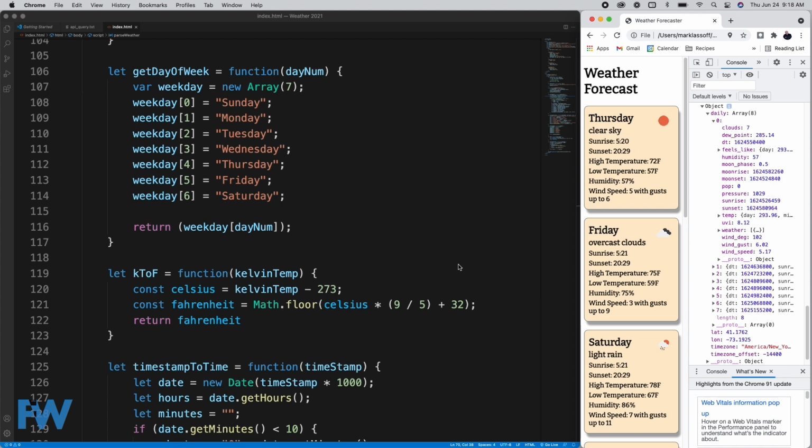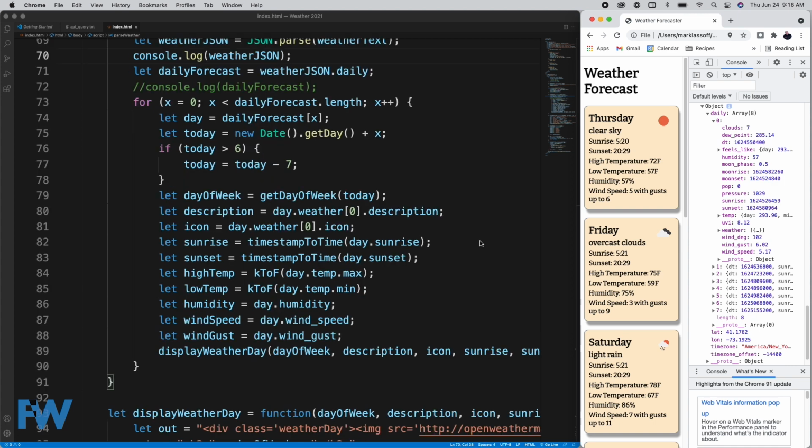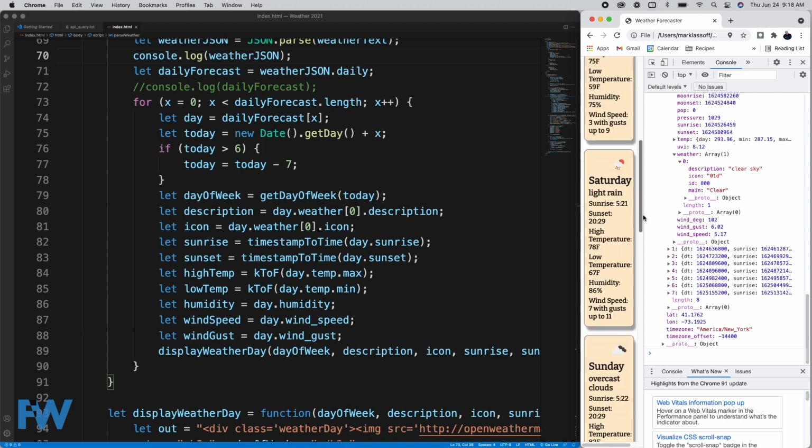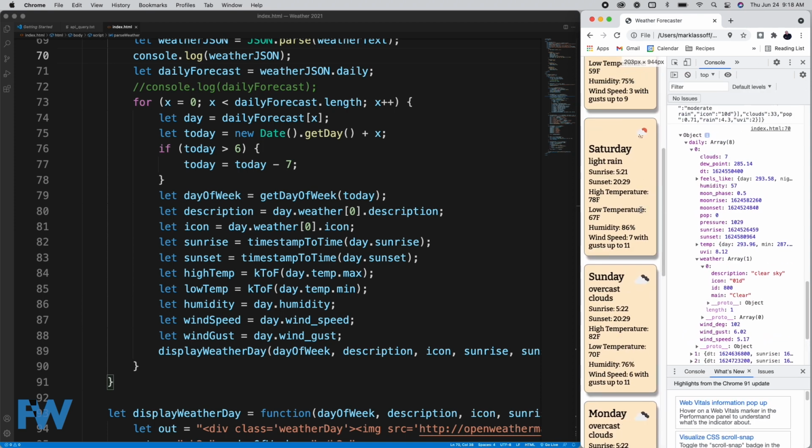It just looks at days. 0 is Sunday, 1 is Monday, etc. So we store our day of the week in the variable dayOfWeek. Then we get the description, which you can see in the output as clear sky or overcast clouds. We get that, notice, by going to day, weather, sub-0, description. And you can see it's right there. I'll pull that out a little bit for you. So weather, description, clear sky. So that's where we're getting that from in our application.